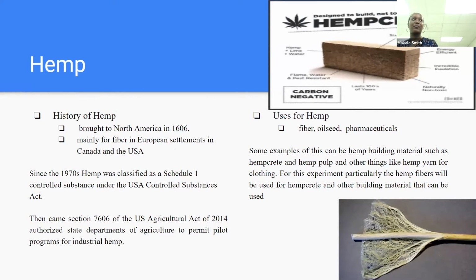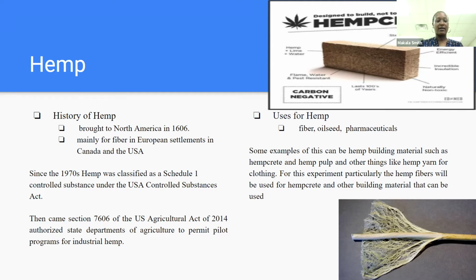So now we're going to talk a little bit about hemp and the history and uses of it. Hemp was brought to North America around 1606, in the 1600s. It was mainly used for fiber in the European settlements in Canada and the United States. But in the 1970s, hemp was classified as a Schedule I drug by the USA Controlled Substances Act. It became illegal, but in